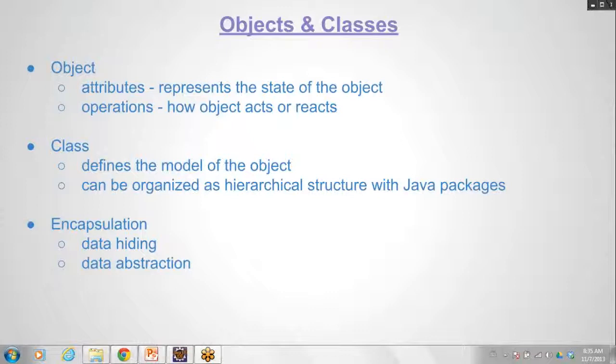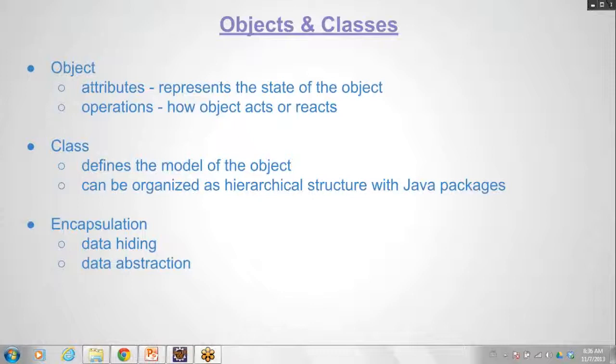So in object-oriented programming, you will create objects which represent real world entities. Suppose if you take a person, he is an object. So he has the attributes, name, age, and he can have some other special operations that he can do.